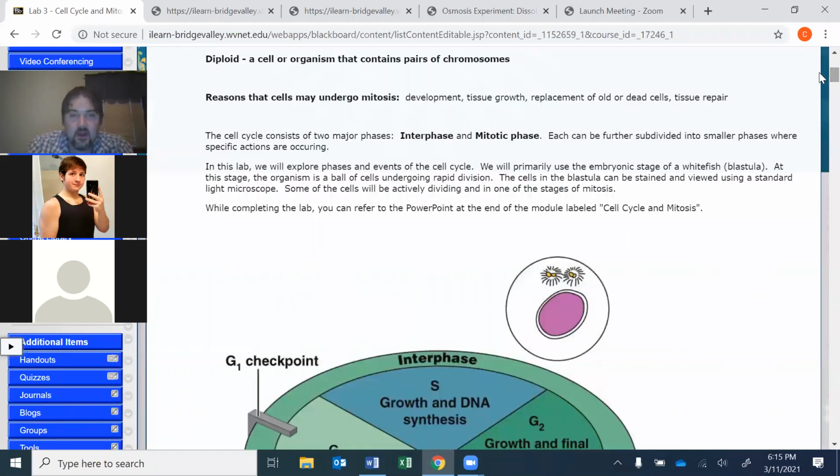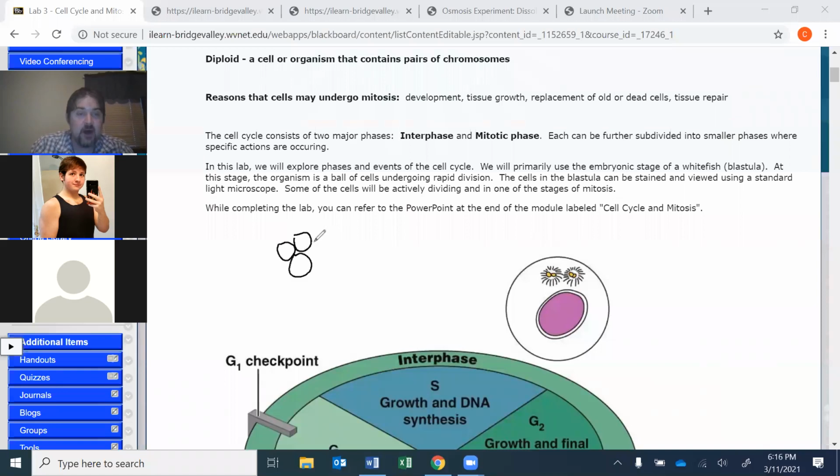So it says here, in this lab, we will explore phases and events of the cell cycle. We will primarily use the embryonic stage of a whitefish. Okay, a whitefish is a fish. And a lot of mitosis happens very early in development, where you go from one cell, and then it will divide into 2, then 2 will divide into 4, and 4 will divide into 8, and then 8 will divide into 16. And so very, very early in development,